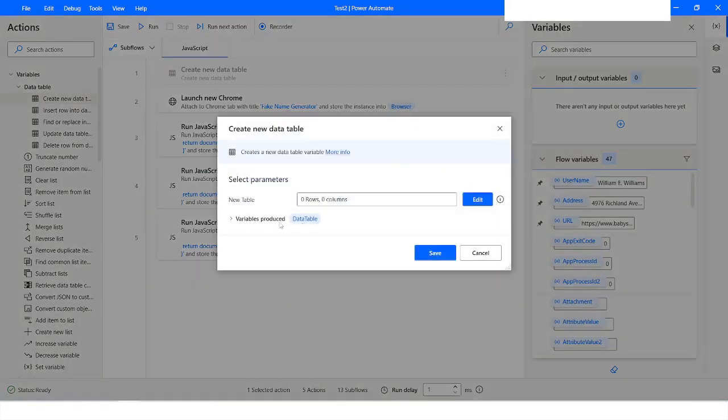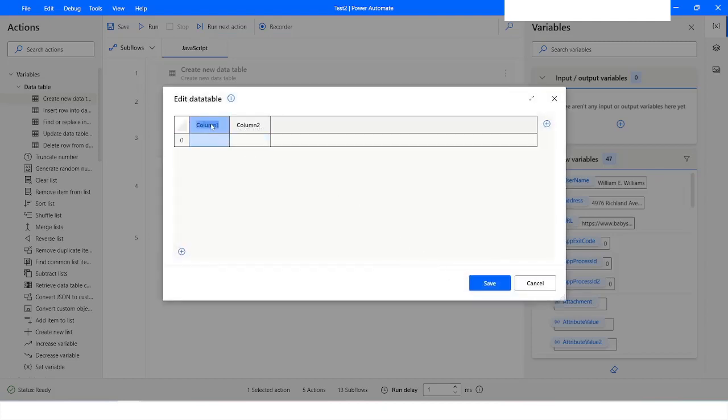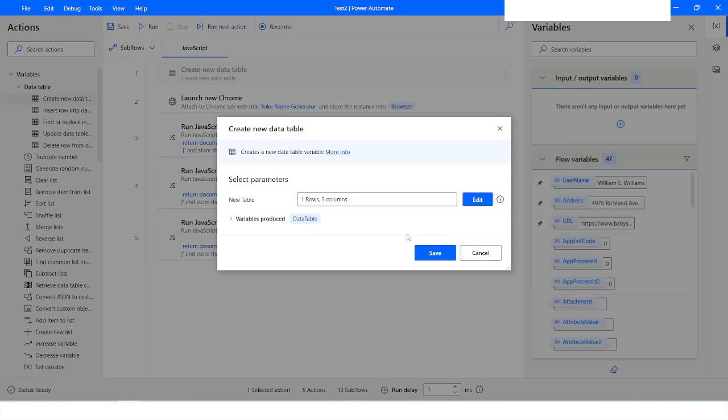Data table variable has been created. I'll go to the edit, and here I'll name the column as username. Second column is going to be the address, and the third column is going to be the URL. Correct? And then I will click on save. I will again click on save,